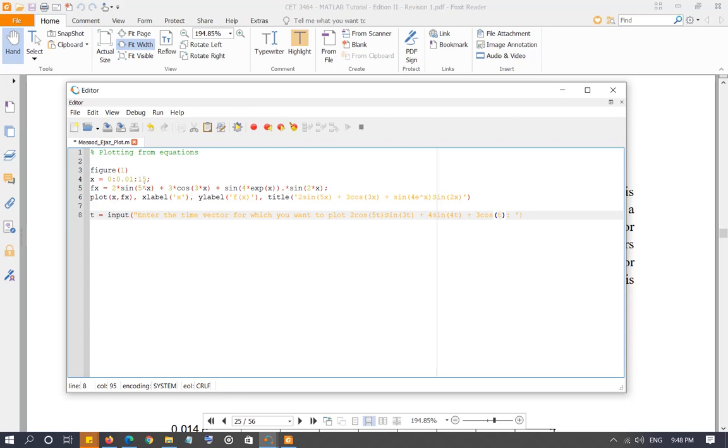the value of time. Instead of us putting a specific value, we're just gonna go ahead and ask the user to enter a value of time. Okay, and then we're gonna go ahead and write that equation down. Let's say that equation, I call it f of t equals 2 times cosine 5 times t, sine 3t. So this is a vector, so I'm going to use a period, sine 3 times t,